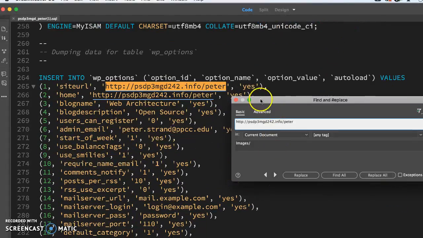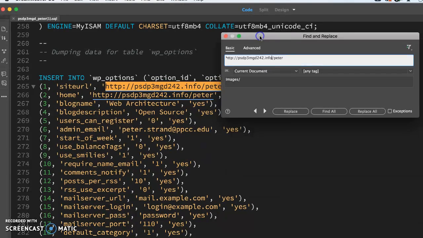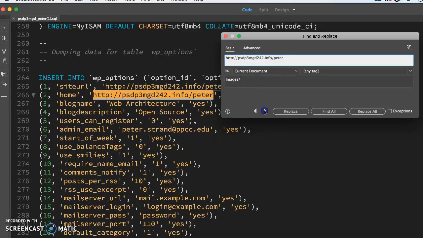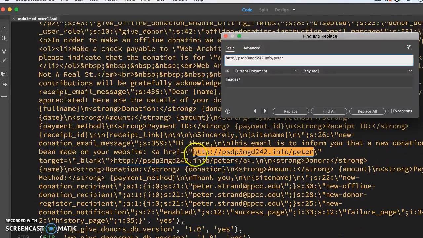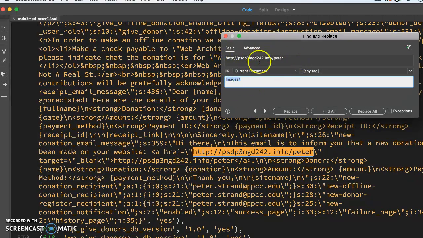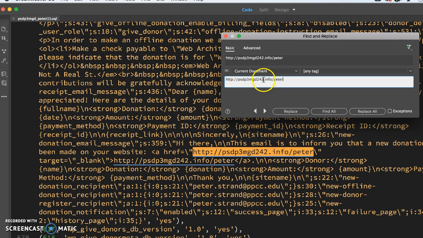Now this is the main one right here, because in WordPress, this is what determines what your URL is. So I'm going to update all of these, because these are not only just the site URL, homepage, and all that. It also goes down to where your images are, your plugins, everything. So in Dreamweaver, I can actually update everything. So at this point, I'm assuming you have a new domain, and your new domain